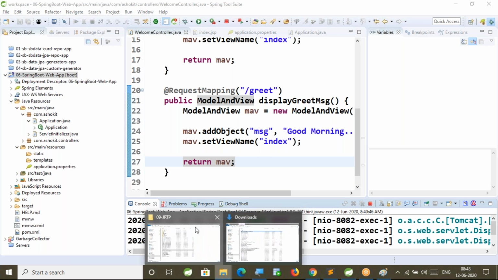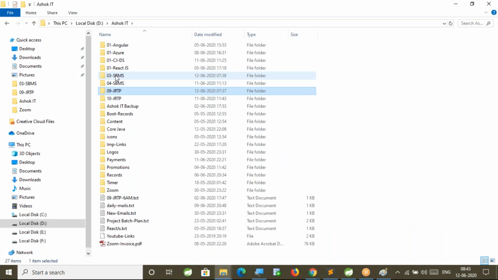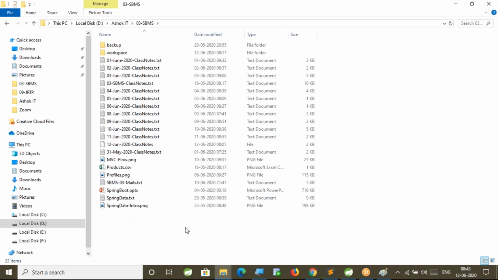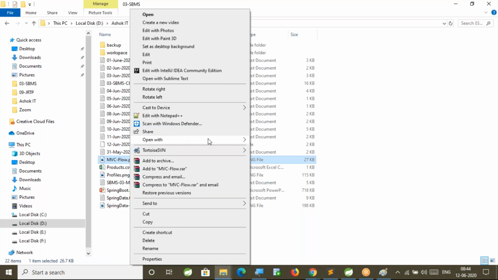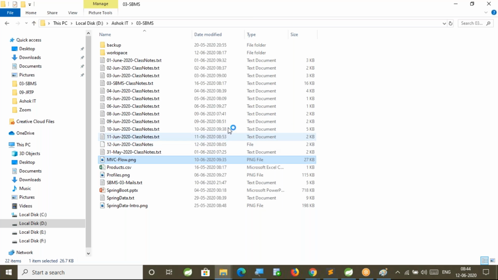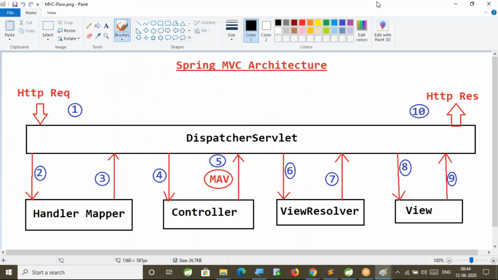Let me open the Spring MVC flow diagram that we discussed in the architecture session.